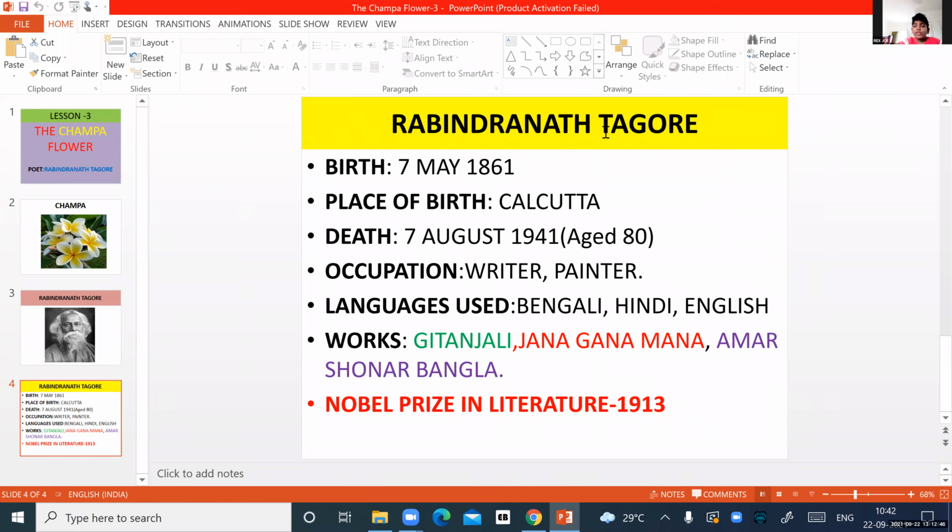For his immense contribution towards literature, Rabindranath Tagore was awarded the Nobel Prize in Literature in 1913. This is the highest prize that is awarded to any individual for their contribution in literature or in any other field. What is the name of the prize? Nobel Prize in Literature.